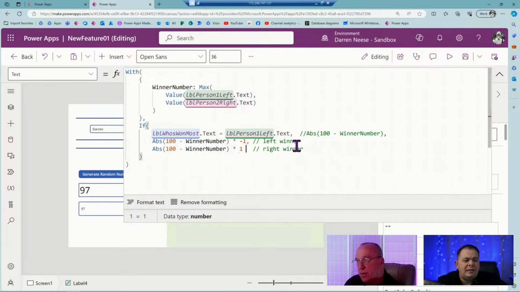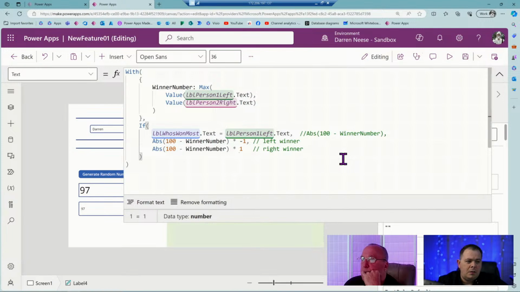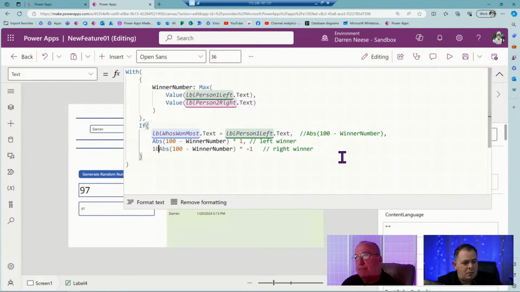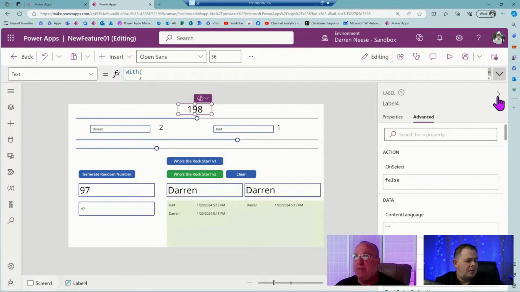What line of code do you want me to modify? You see where it says right winner in your comment? That's what I was referring to. I want that to be -1. Make that a -1 and then change that up. So the right side is going to be 100 minus that. Go to the front of the ABS line and put 100 minus that. That code right there should work if you put that in your default.